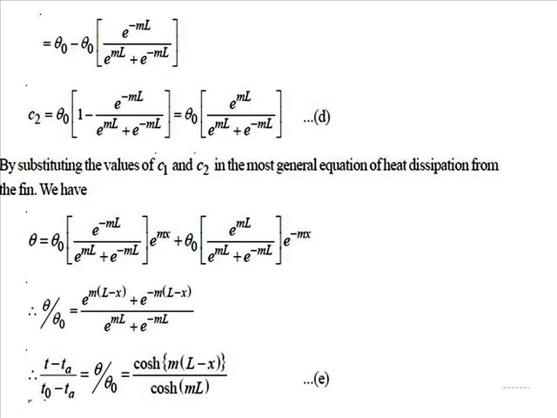This is the hyperbolic function. In some calculators HYP is mentioned, that is the hyperbolic function. Divided by cosh(mL). So this equation E indicates the temperature variation for a fin which is of finite length and the tip of the fin is insulated,